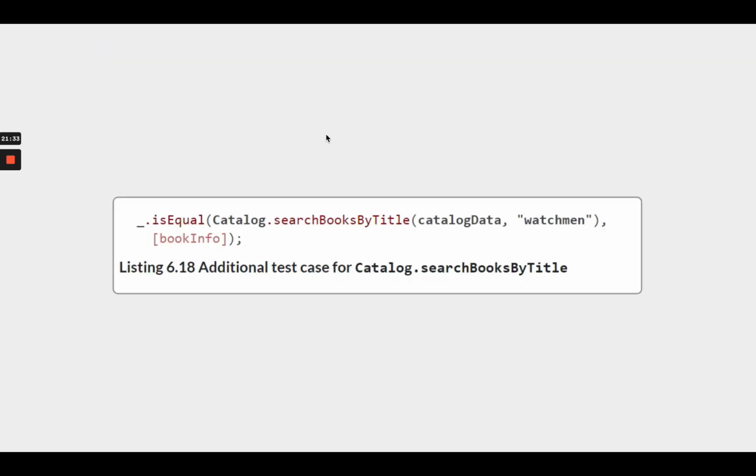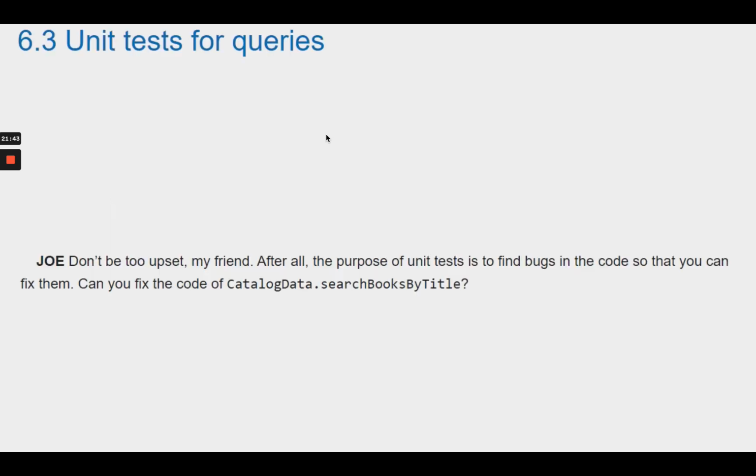In less than a minute, Theo creates an additional test case and shows it to Joe. What a disappointment when Theo discovers that the test case with watchman in lowercase fails. Joe: Don't be too upset, my friend. After all, the purpose of unit tests is to find bugs in the code so that you can fix them. Can you fix the code of